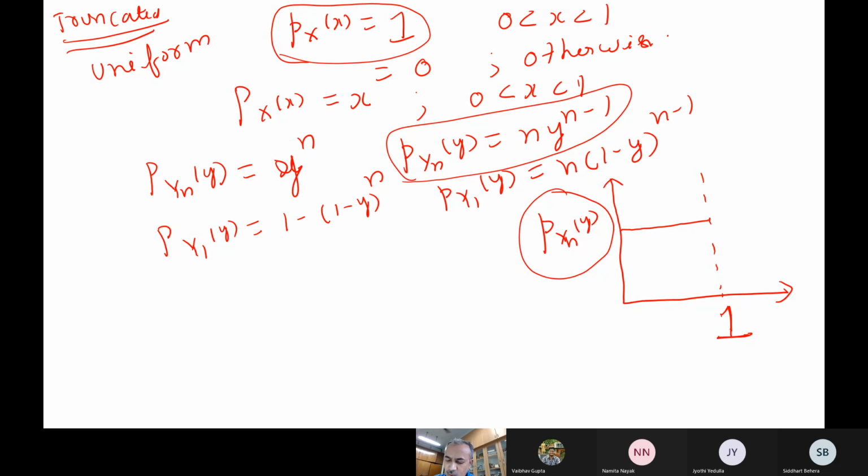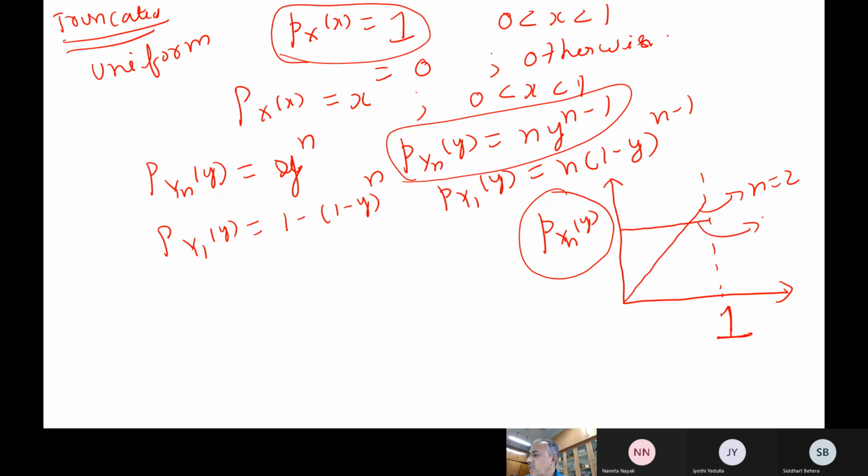Now when n is equal to 2, then automatically 2 times y to the power of 2 minus 1, so it becomes like a straight line actually. You followed. So this comes for n is equal to 2. So this is n is equal to 1. And when n increases, you see the distribution goes like this actually. You followed. So more of the probability will be towards the extreme value. So initially the probability of getting 1 is also 1 only, same probability.